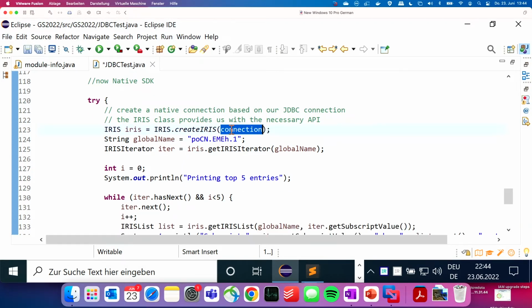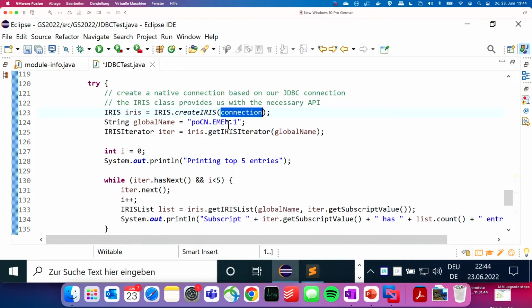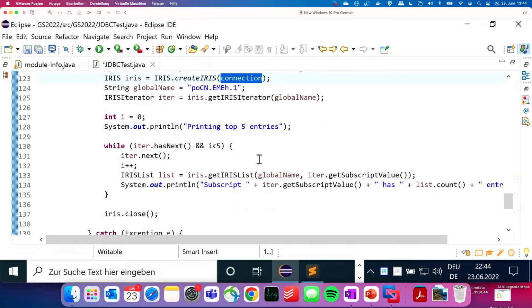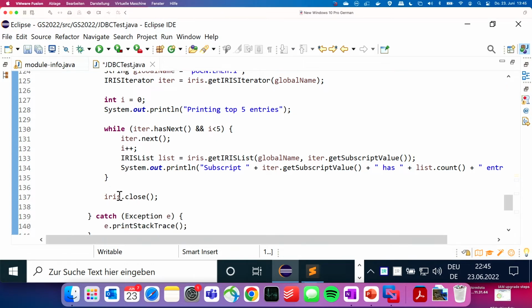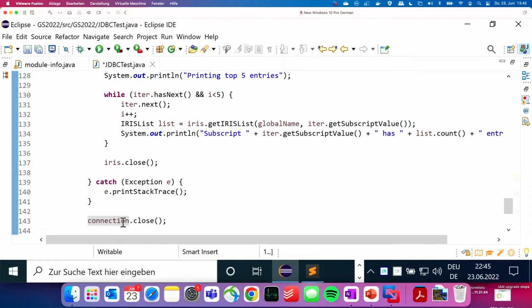On the connection that I used for my JDBC connectivity, I'm creating an IRIS object, which is the API for native. I'm going to loop over the global for the table that I just used, reading the data. When I'm done with that, I'm closing the IRIS object, and then I'm closing the connection.